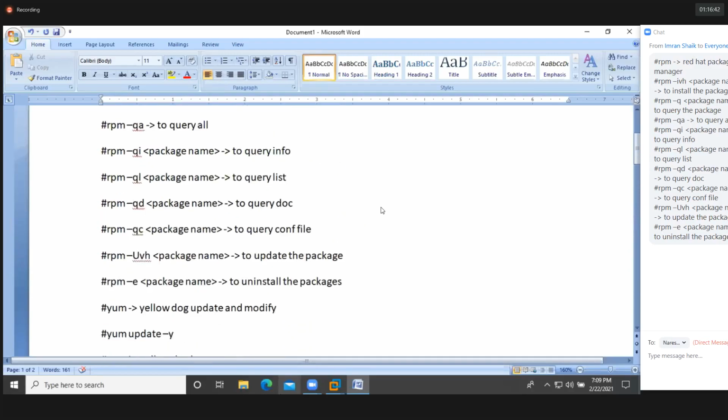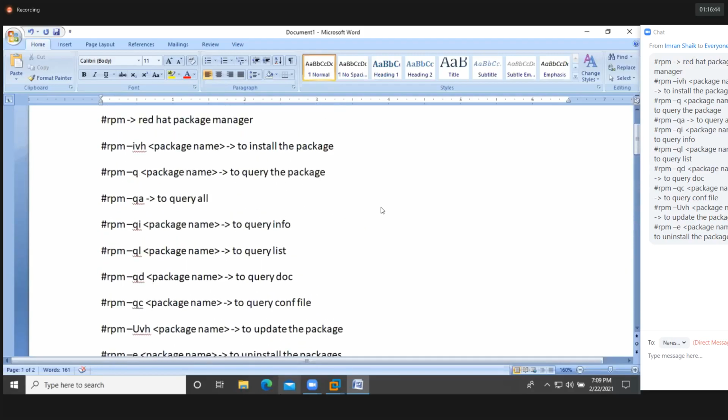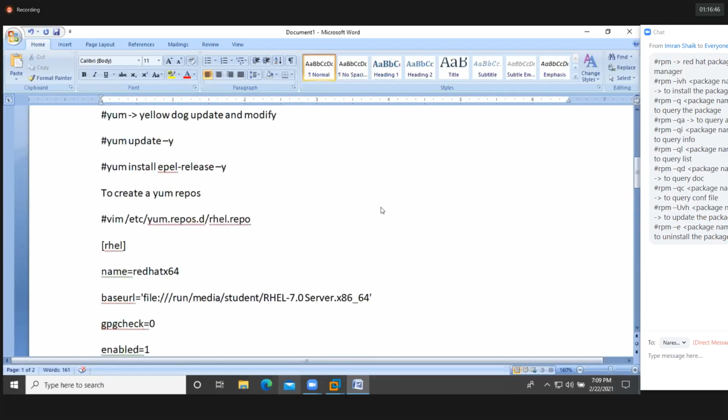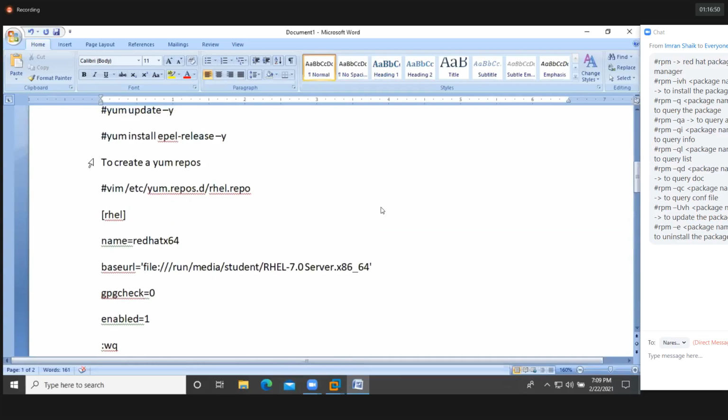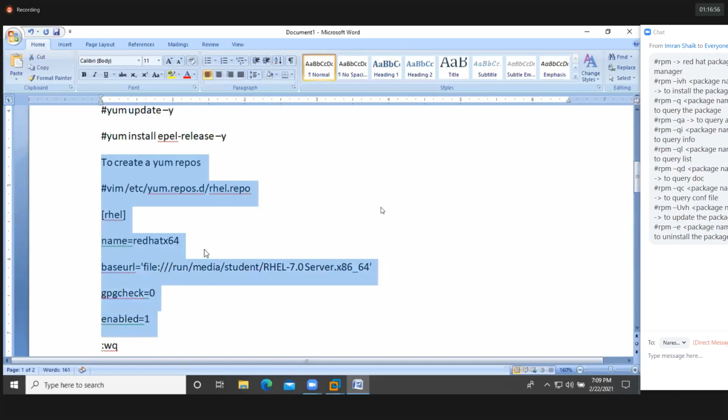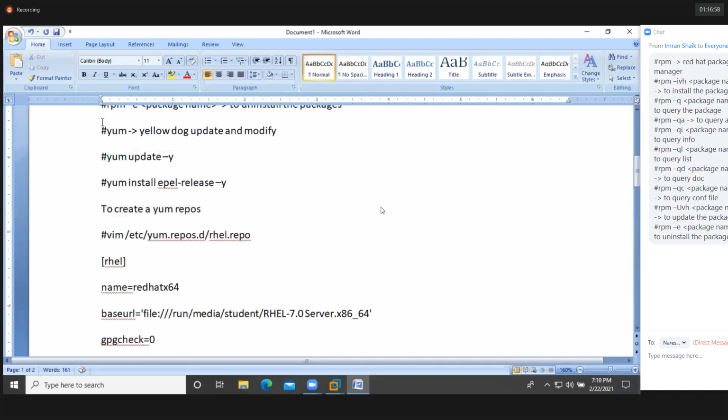So DNS is one server. I already gave this information long back. Somebody may ask what DNS and DHCP are. DNS means Domain Name Service. It will resolve host name to IP address and IP address to host name. Guys, whoever is using CentOS here, you need to execute both of these commands.